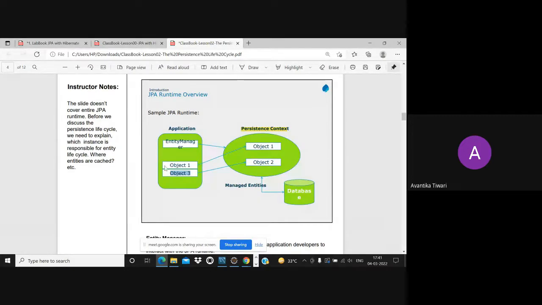And each entity manager will be associated with a persistence context. So for every object there will be one persistence context, and for every persistence context there will be one entity manager.